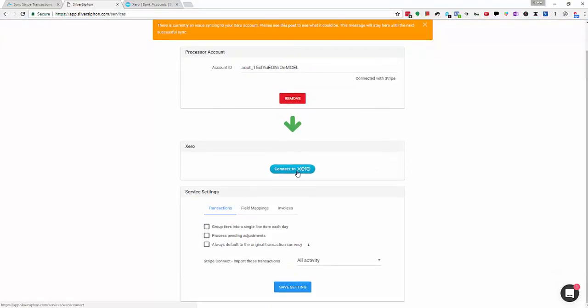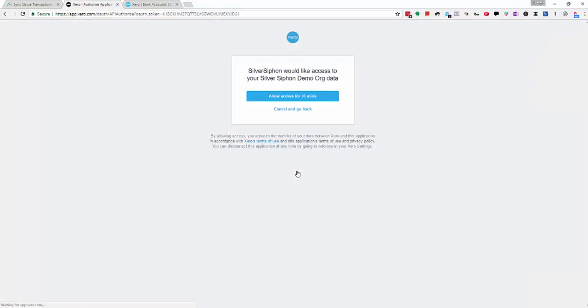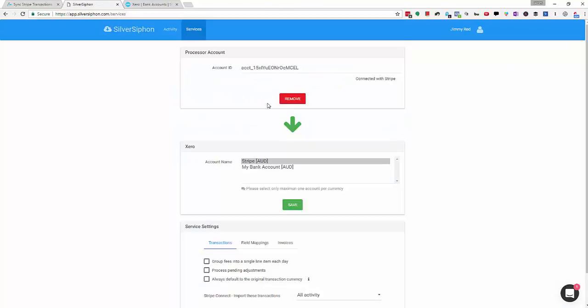So now we're going to link to Xero. We'll click this button here. This is going to say allow access for 30 minutes, and that's due to the nature of our integration. So you can go ahead and ignore that and click this button. Once we're back here, it's going to give us a list of the accounts we've got in Xero, and it's also got the currency listed here. This is a very simple setup, so I'm simply going to click Stripe and